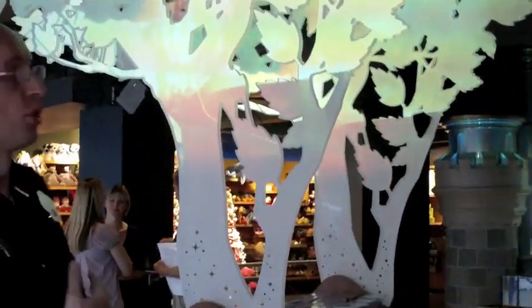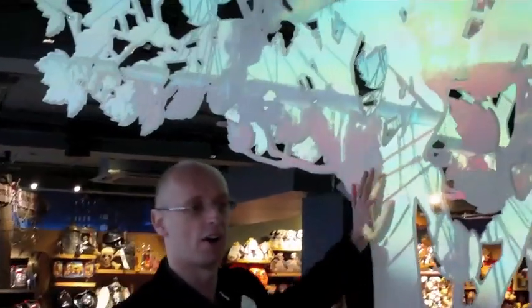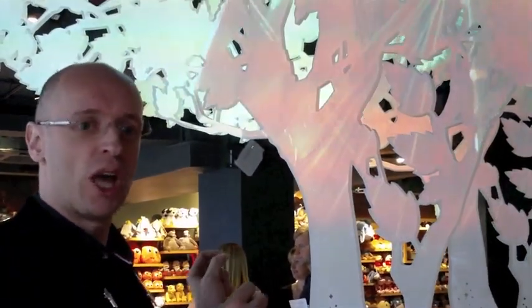So kicking off our tour, you're probably familiar with our magical trees. They line the pathway throughout the store. Most of the time they are in our what we call our seasonal trees. So they change through the seasons. We're still just hanging on to spring. I know it doesn't feel like spring out there at the moment with the rain, but obviously filled with blossom,